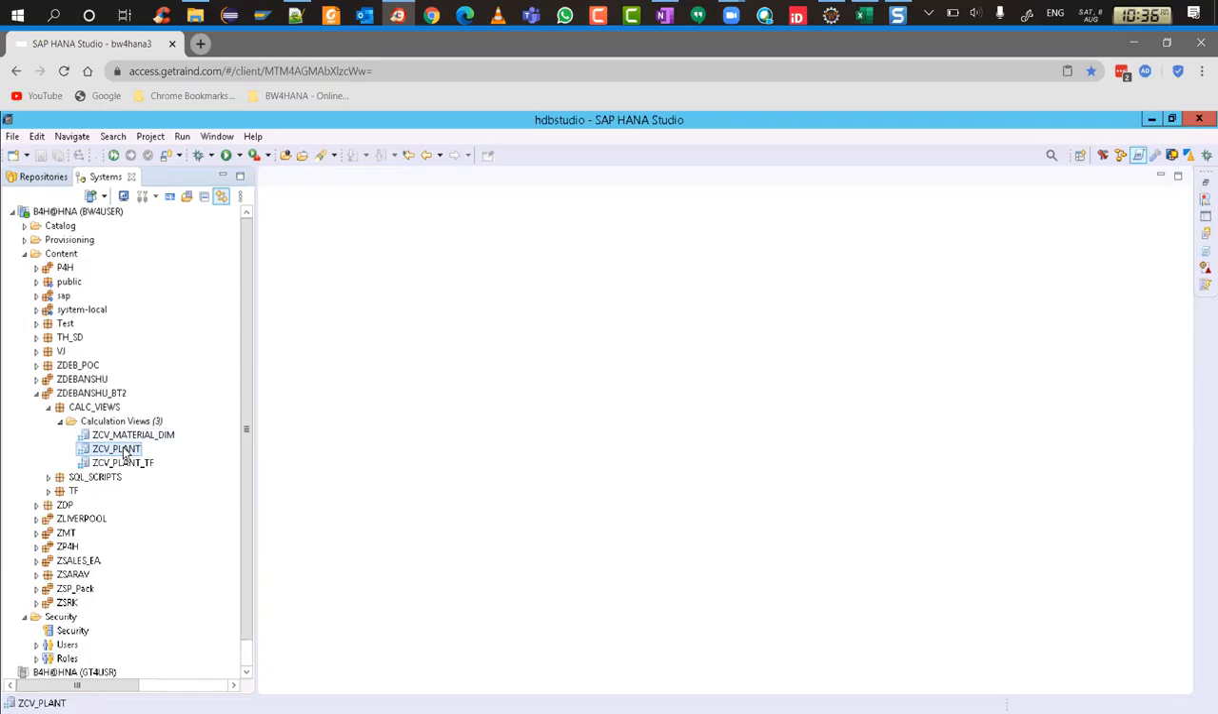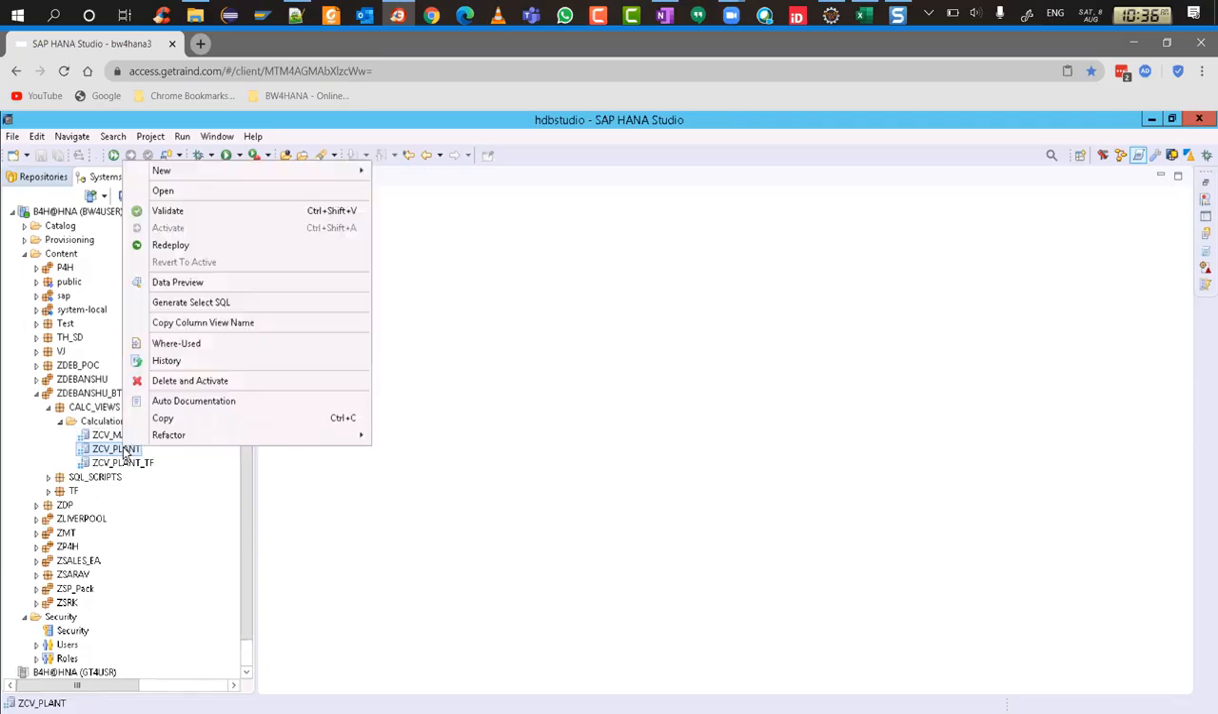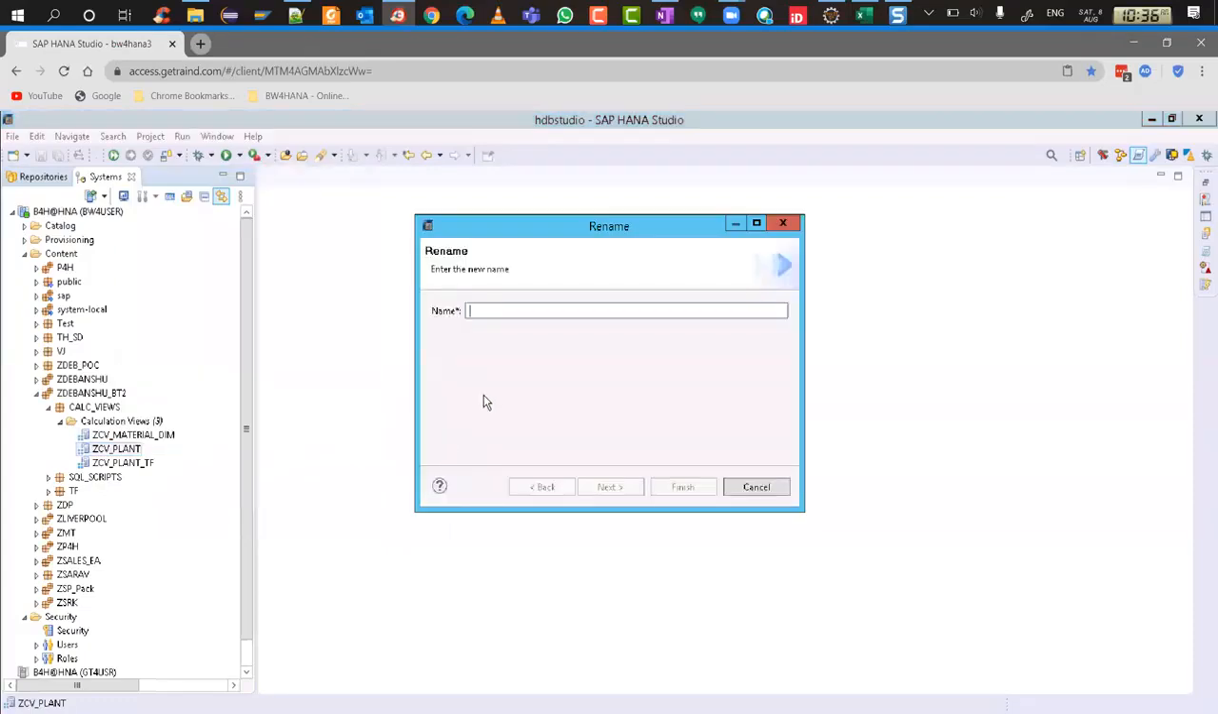Now I have to rename the plant. So I'll right click on this. I will say refactor and rename. So under refactor, I have 2 options. Move, that means change the package from one package to another package, that is move. And another one is rename. I can rename this. Now I'll rename it to ZCV underscore plant underscore